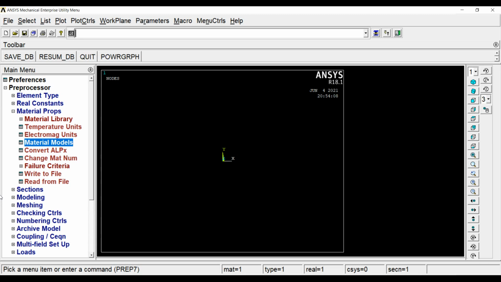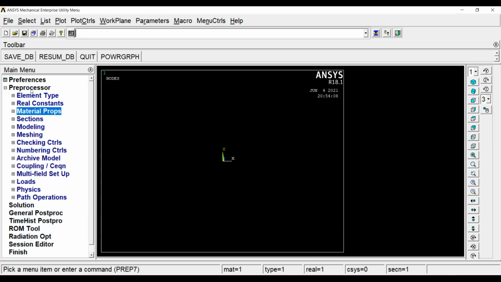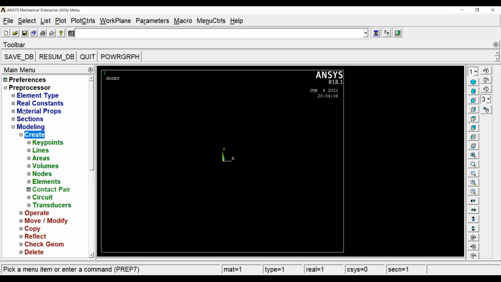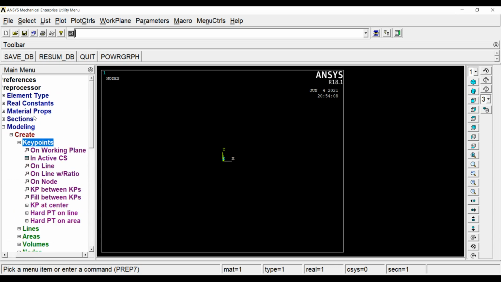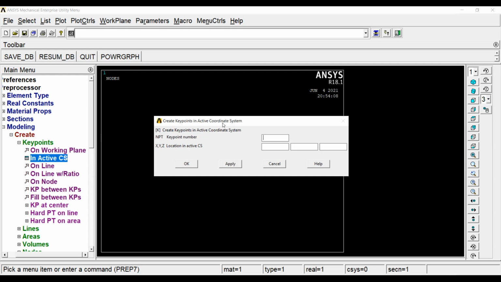Next, I'll go to Modeling, Create Key Points in Active CS. I have 3 key points. I'll write down 1, which is my first node. The value of coordinate is given to me as 0, 0. I'll click on Apply.